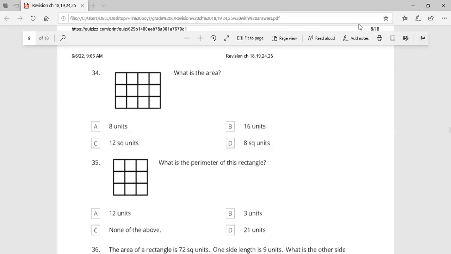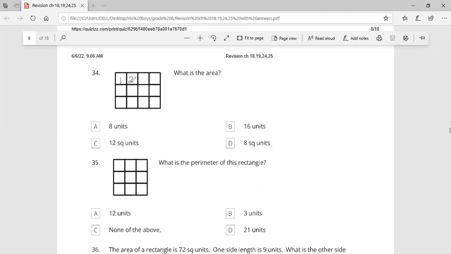How is it going? We complete our final revision, second part. We stopped at question number 34. What is the area? Area, we have to know that area is